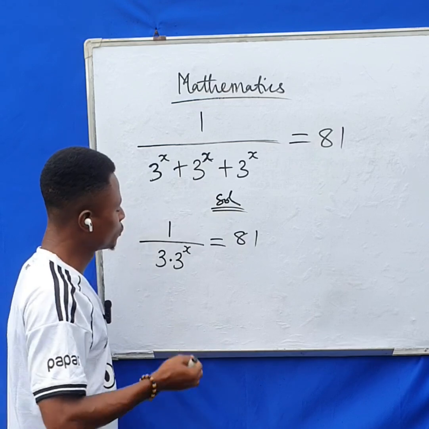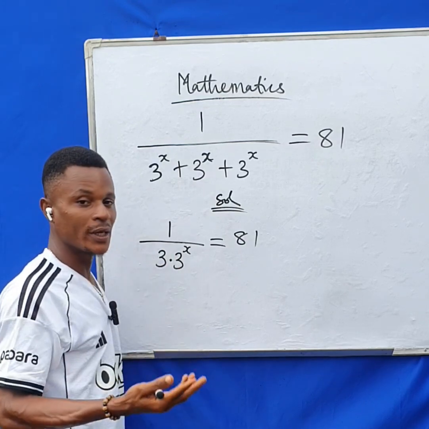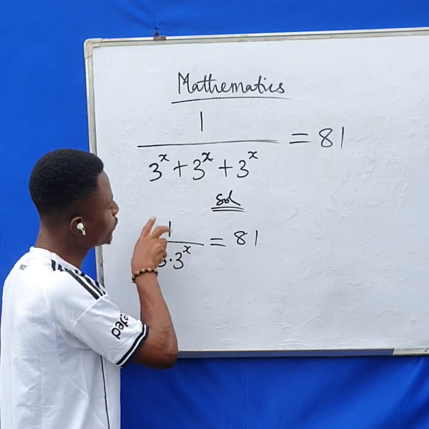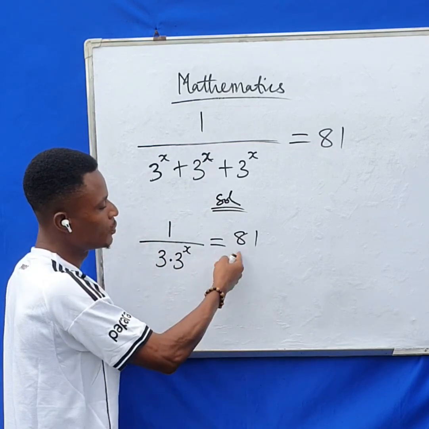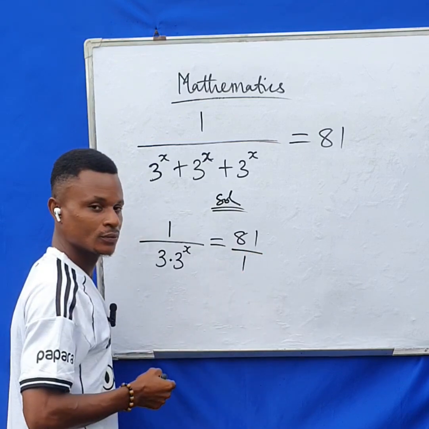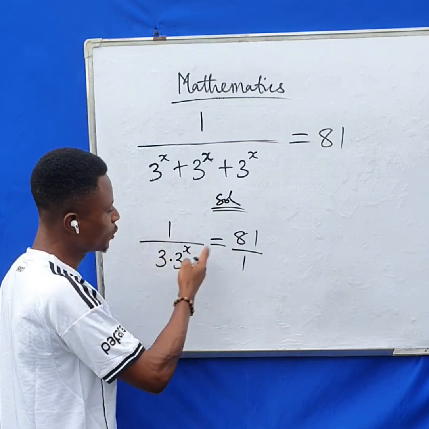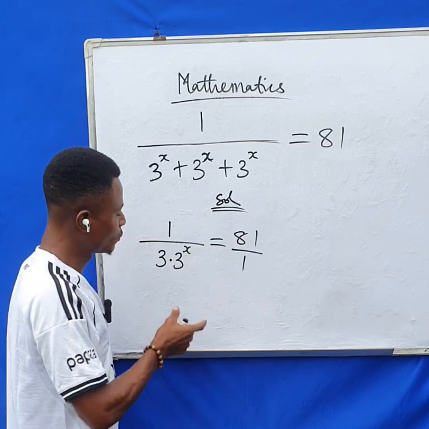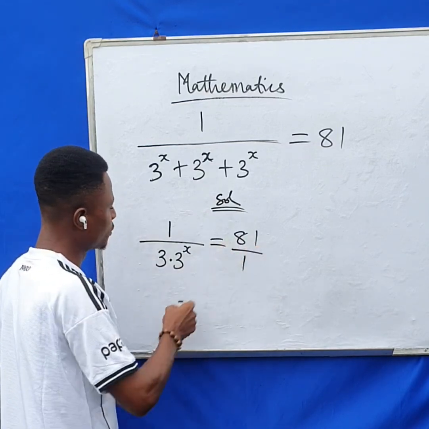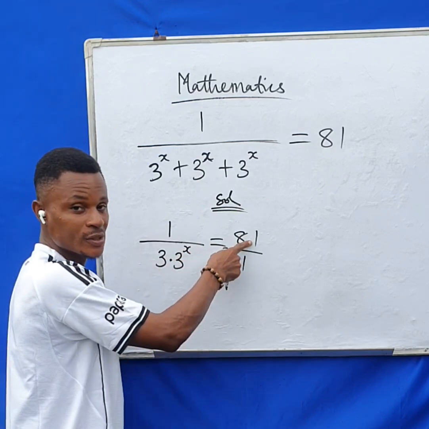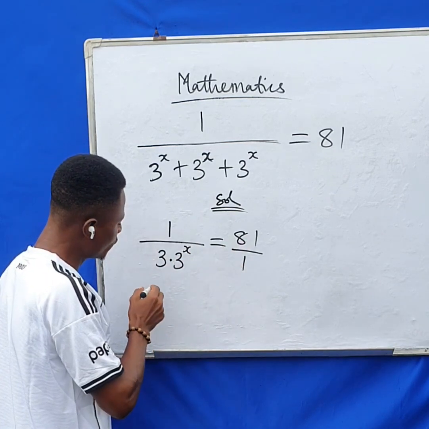Now the next thing to do, we can apply law of indices here if we like. If you don't want to do it like that, there's no problem. Because this is a fraction, we can also make this one a fraction by putting over 1. Now that you have a fraction equal to another fraction, we can simply cross multiply. We use this to multiply this. Now, 3 times 3 raised to the power of x times this 81. That will give us